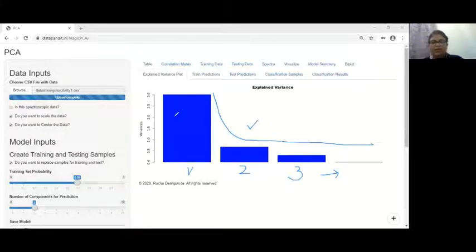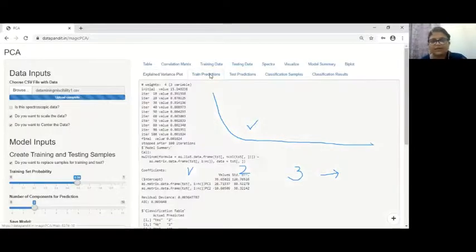Now accordingly, we can adjust the final number of principal components in our model. Here we have the option to change the final number of components. I am going to keep them at 2 depending on my analysis here. Now if I look at this,